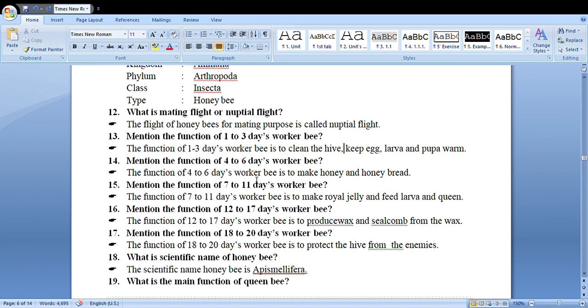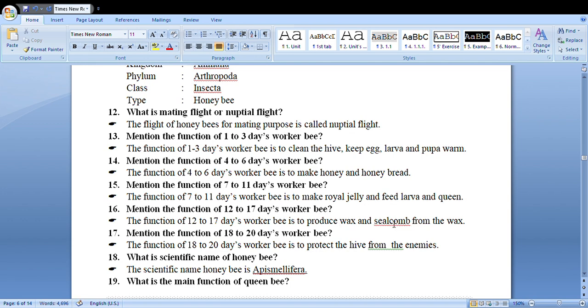Mention the function of 4 to 6 days worker bee. The function of 4 to 6 days worker bee is to make honey and honey bread. Mention the function of 7 to 11 days worker bee. Function of 7 to 11 days worker bee is to make royal jelly and feed larva and queen. Mention the function of 12 to 17 days worker bee. The function of 12 to 17 days worker bee is to produce wax,